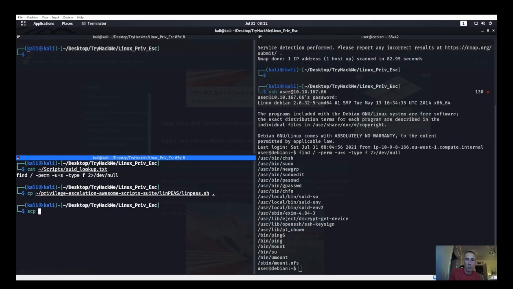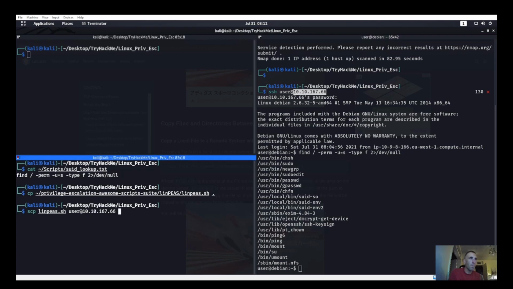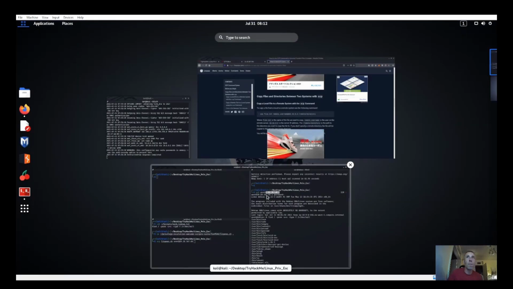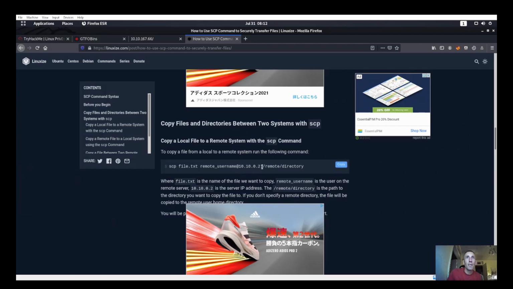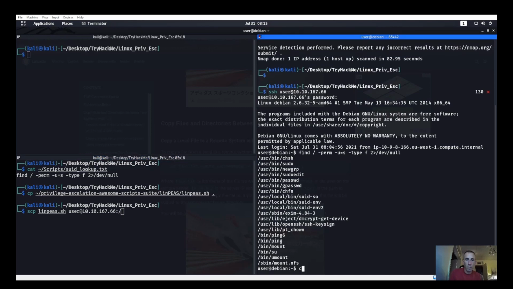So SCP linpeas.sh, user at, not that, at the IP address I want. We're probably going to get a lot of stuff back, but this is another way to be able to figure things out. Okay. I think I need a colon in there. User at that IP address. Yep, colon slash, and we should be able to go to cd /home